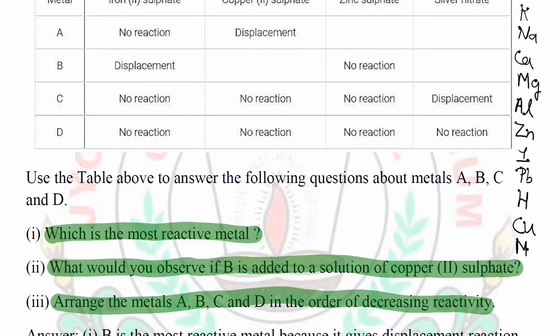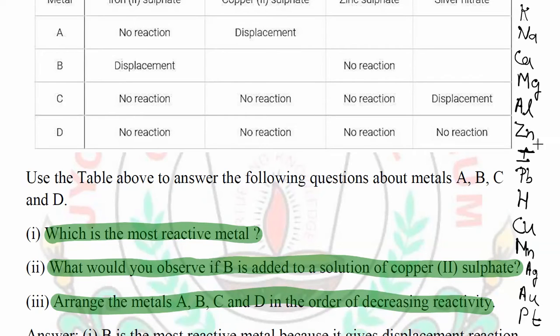then, I think it will be copper, then silver. Silver means Ag. It will be represented as Ag. Then gold, platinum. So this is the reactivity series, and in the reactivity series we can see that iron is present below